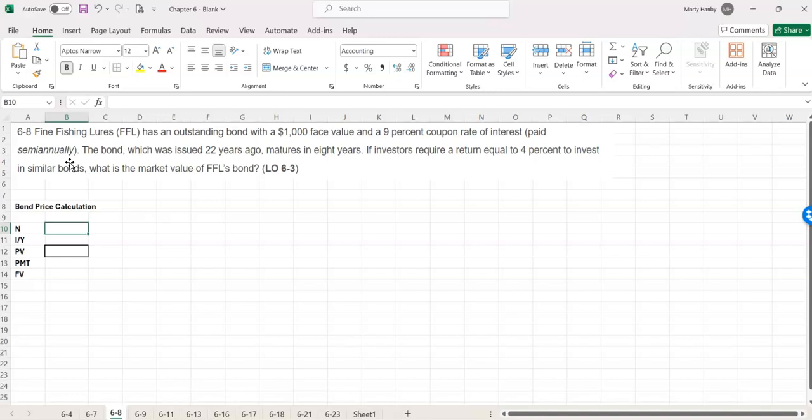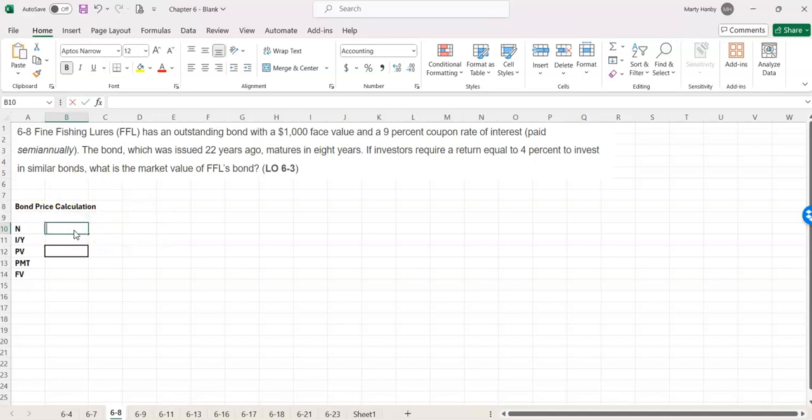rate of interest paid semi-annually. The bond, which was issued 22 years ago, matures in 8 years. We don't really care when it was issued. We care how long it is to maturity. If investors require a return equal to 4% to invest in similar bonds, what is the market value of FFL's bond? So